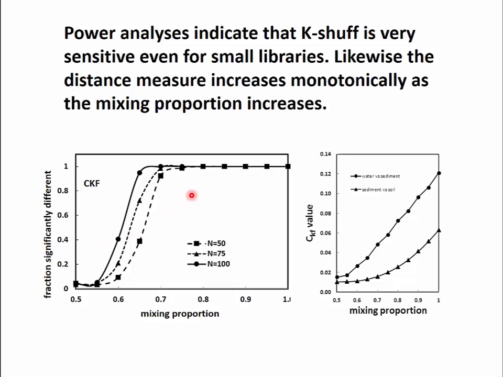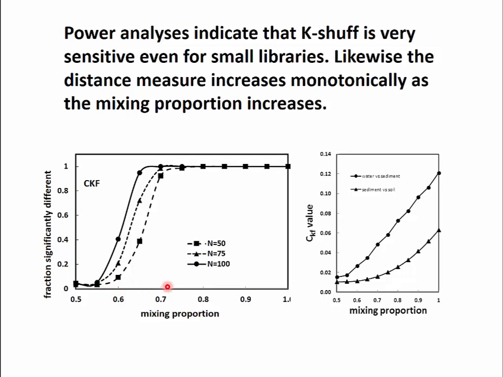So in a power analysis, what you do is you take two libraries and then you mix them. First, if you take the unmixed libraries, and say this might be soil and marsh sediments, when they're unmixed and you determine the K function, they're significantly different. They're 95% chance of being significantly different nearly 100% of the time. If you mix them 50-50, then the chance of being 95% different is 5% of the time, or what you'd expect randomly. And then in a power analysis, what you do is you just increase the mixing proportion of the